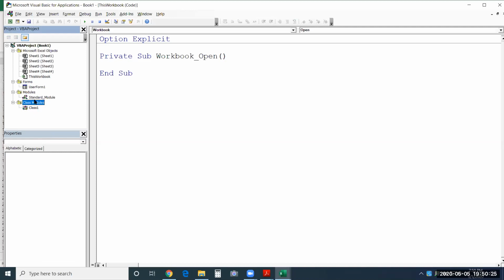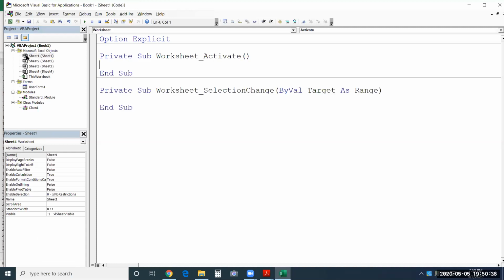So Deepak, I agree sheet is an object. But again, for that sheet, we also have a separate module. That is indicated by this only. We are looking at a sheet module here. All these are modules only. Modules are the location where you are going to place your macros. They are containers of your macros. Don't confuse module and object. Though we have a sheet and a workbook, which are considered objects, we have separate modules for them because they all have events, and for those events we can write macros.